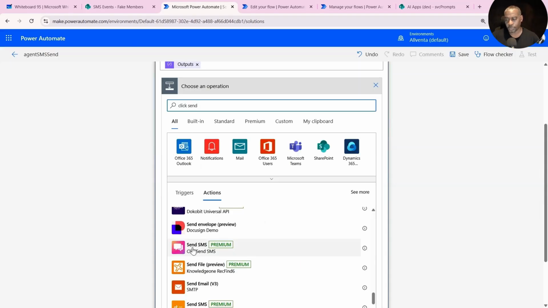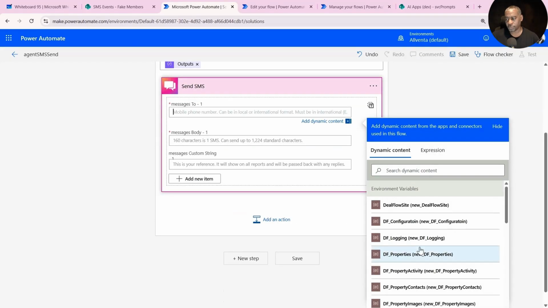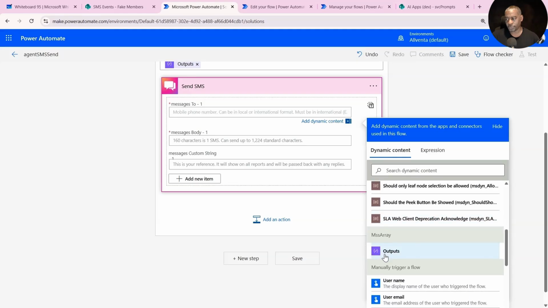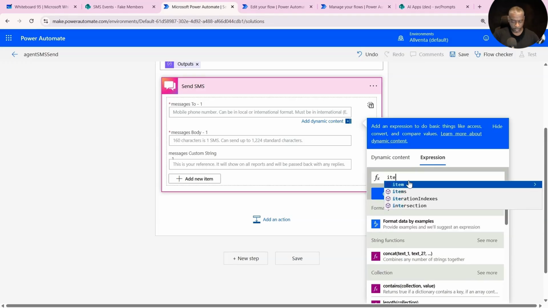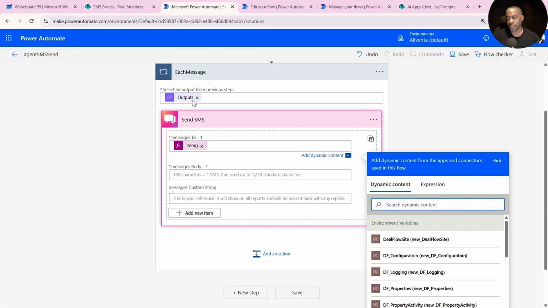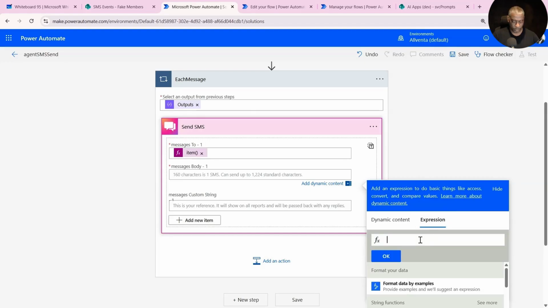All right, so we'll send SMS by ClickSend. And then the to message is just going to be from our output. This is going to be an item, right? This is just me manipulating that JSON. So the to is going to be item phone. And this item, because of the apply to each, as you iterate through, is going to be the current item, and it's going to pull off that property. And then for the body, it's going to be item